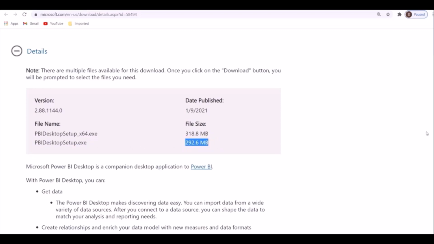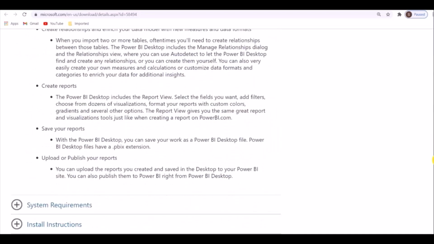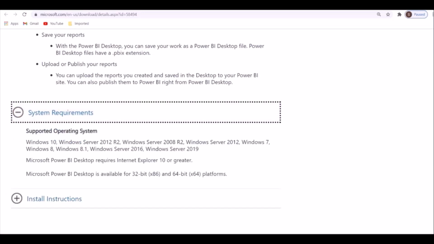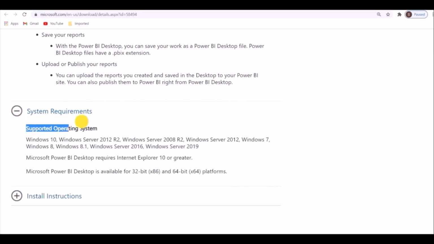Now let's check the system requirements. They have given supported operating systems like Windows 10, Windows Server 2012 and like that.